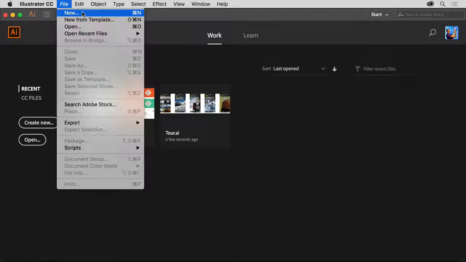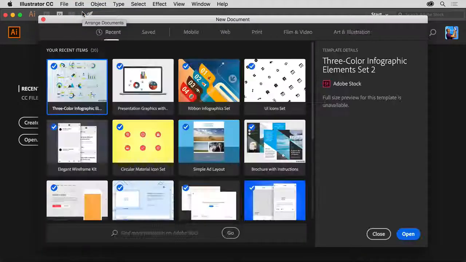To start a new document from scratch, choose File, New. The New Document dialog box appears. Yours may look a little different than what you see here, and that's okay. In this dialog box, you can start by choosing a preset option like Print, Web, or Mobile. When starting a new document, you may need to answer a few questions that may help you decide which preset